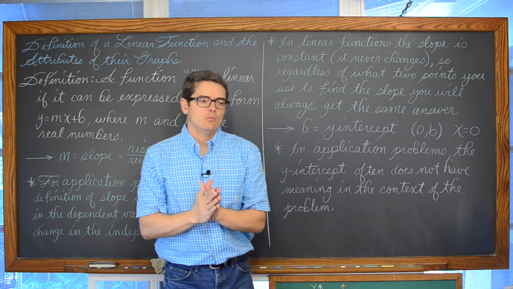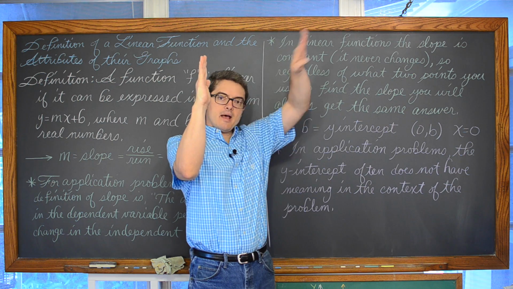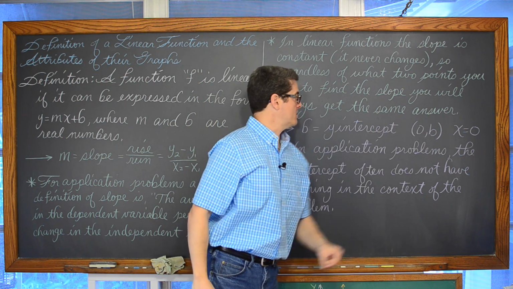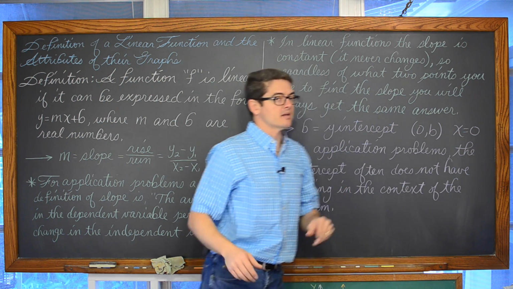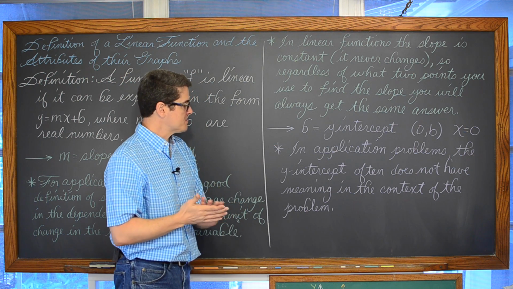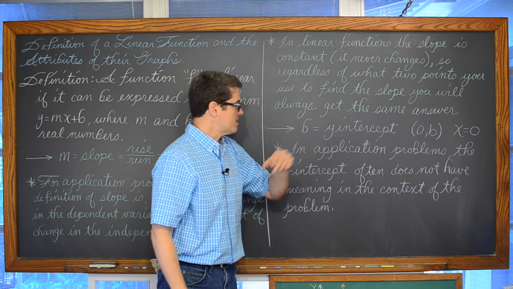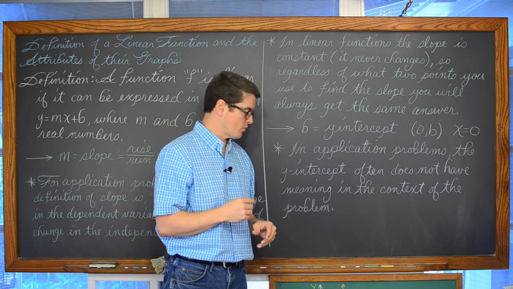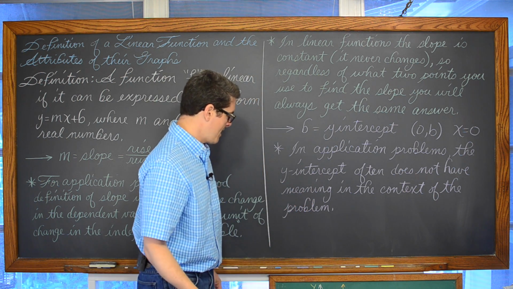Now, when you have a line cross, or any graph for that matter, cross the y-axis, the x-coordinate is going to be equal to 0. So every y-intercept is written in the form (0, b), because x has to be 0 if you are, again, crossing the y-axis. In application problems, sometimes the y-intercept has a real-life meaning, sometimes it doesn't. Often it does not have meaning in the context of a word problem or real-life application. When you're graphing, it's always where the graph crosses the y-axis.